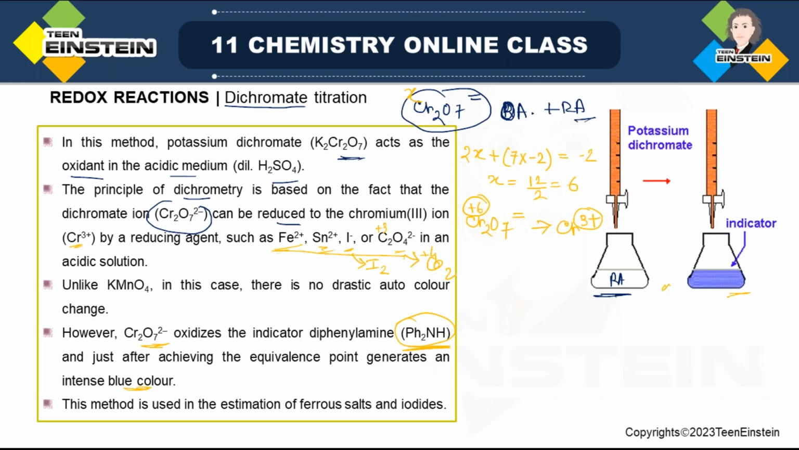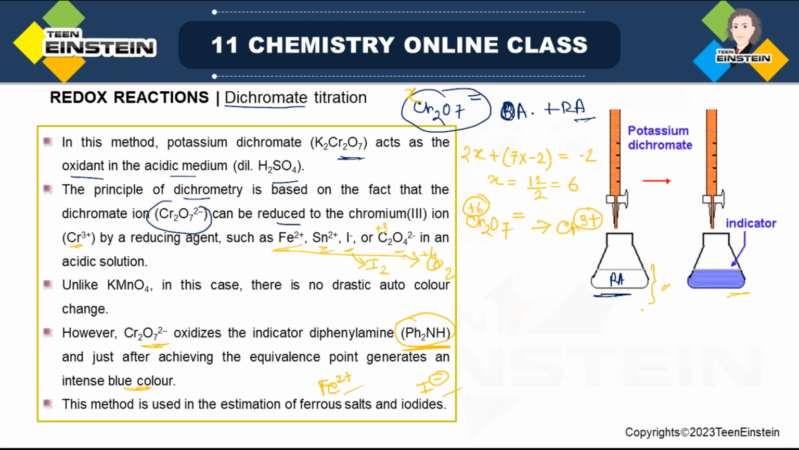Now this method, though here we have mentioned Fe2+, Sn2+, I minus, but mostly it is used for the estimation of ferrous salt. Ferrous salt means iron 2+. Fe3+ is ferric, but Fe2+ is ferrous, and iodide. Mostly for estimation of these two. Estimation means suppose you do not know the concentration, you have taken a fixed volume of iron 2+ solution or iodide solution in the conical, and then you are titrating with known concentration of potassium dichromate,